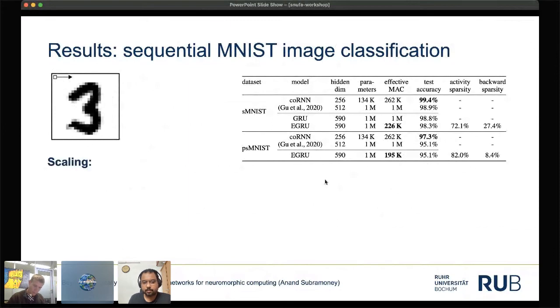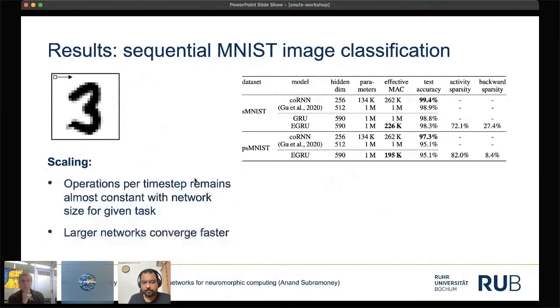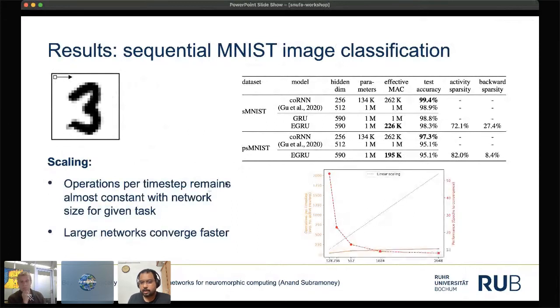And the other interesting property that we can look at from this particular example is the scaling. And this is a plot where on one axis you see the performance of the model in terms of the number of epochs to convergence, and on the other axis you see the total amount of computation required for that model. And the x-axis is the size of the model. So the point over here is that as you increase the size of the model it converges faster, and that's what you would expect.